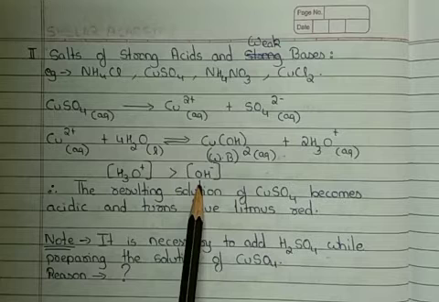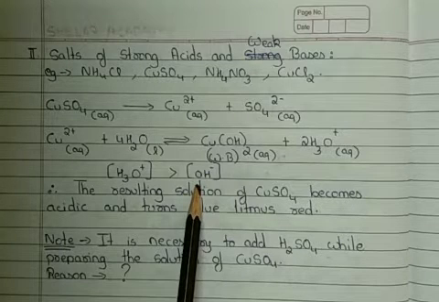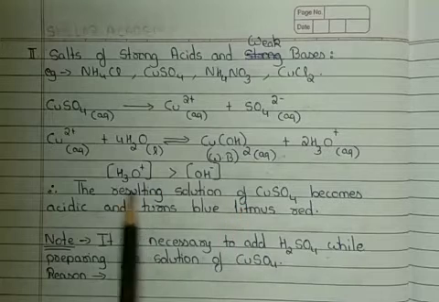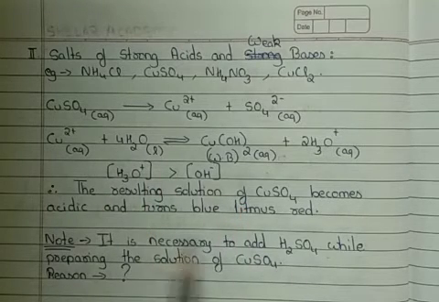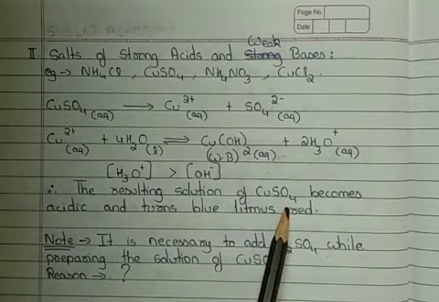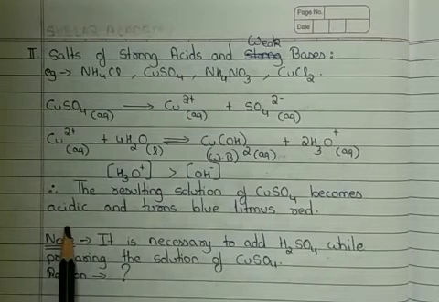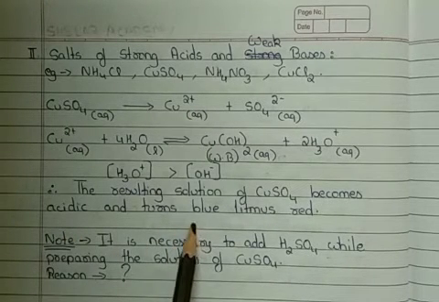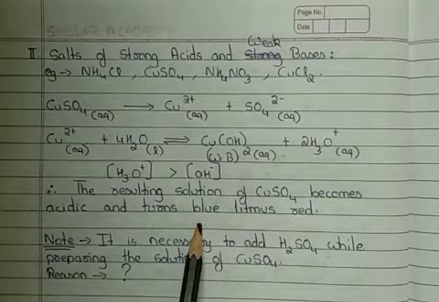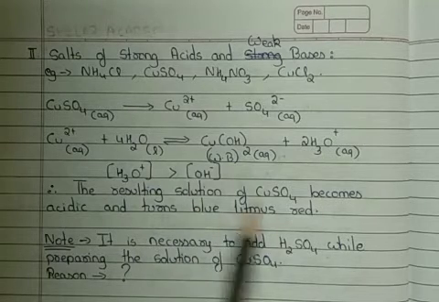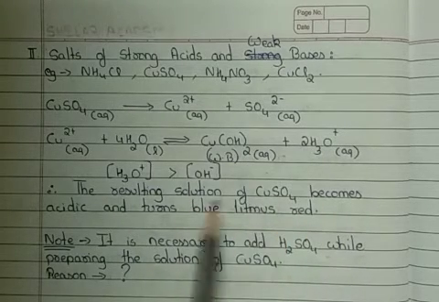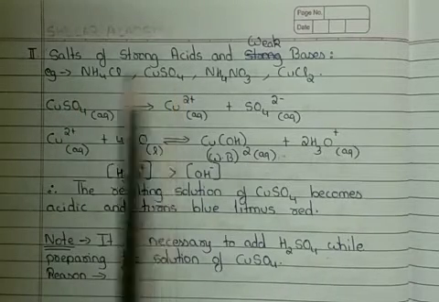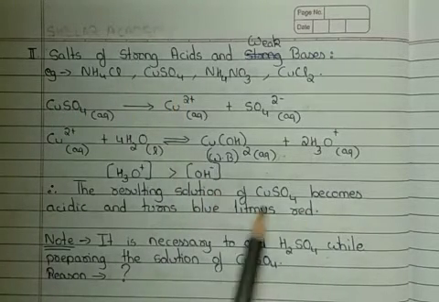Based on this, we could conclude that due to the presence of excess hydronium ion, the resulting solution of copper sulfate becomes acidic. And to confirm this, we can check it with our litmus paper or litmus solution. So blue litmus will turn red, which confirms that the hydrolysis of copper sulfate results in formation of acidic